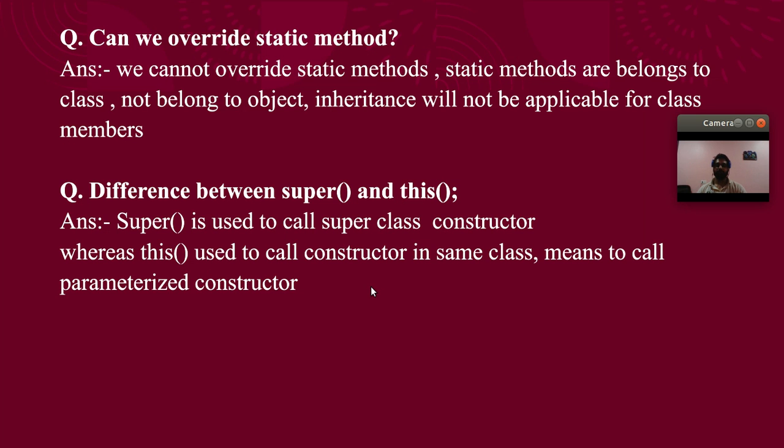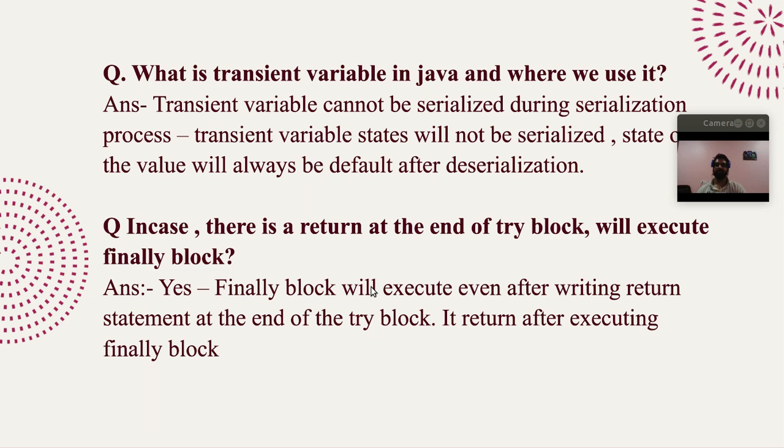The next question was: what is a transient variable in Java and where do we use it? Basically, a transient variable is used in serialization. Let's say we have five members in a certain class, and you don't want a few members to get serialized, so you can mark those particular members as transient. Okay, so it will not get